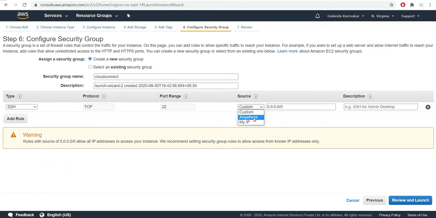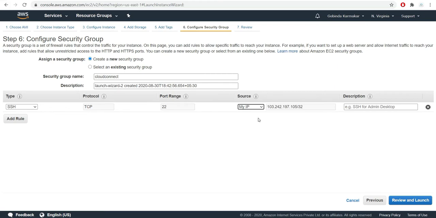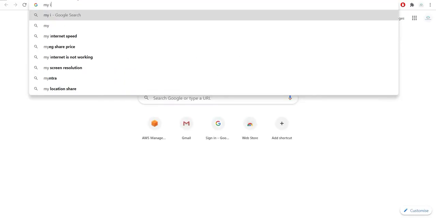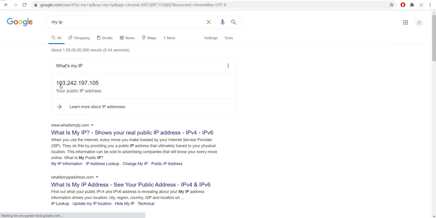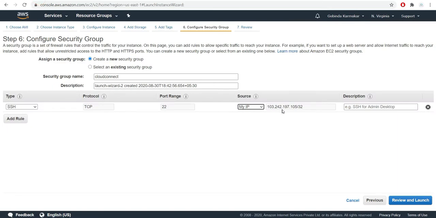Here you see the source is anywhere, or I can use my IP. So let's check if my IP is this or not. My IP is 103.242.197.105. See, it's the same. So I can name it as my laptop.